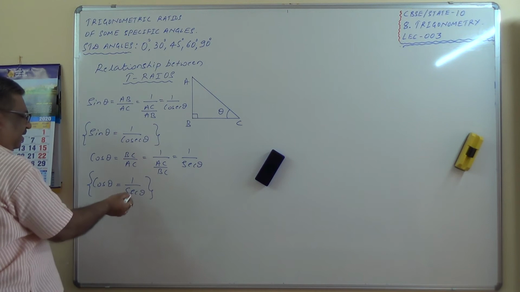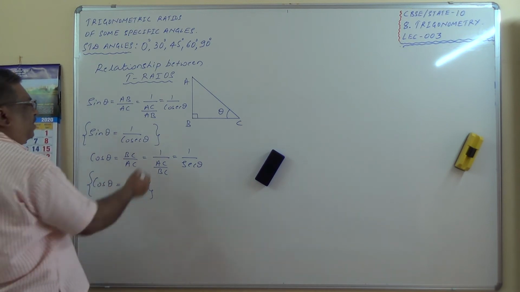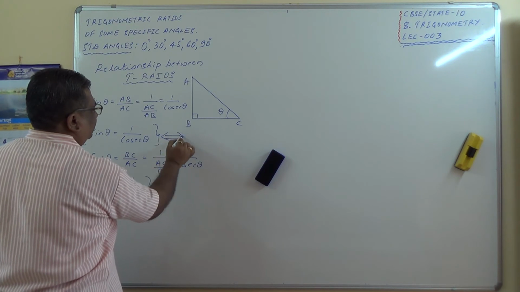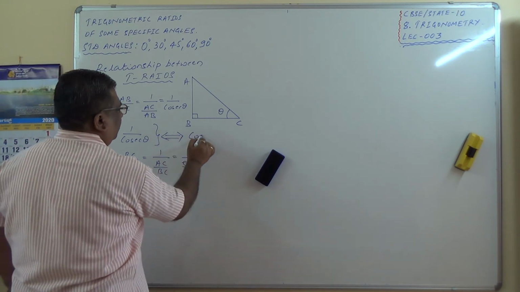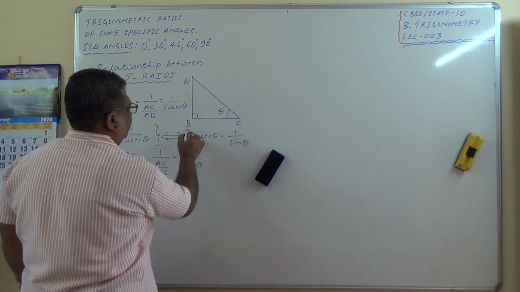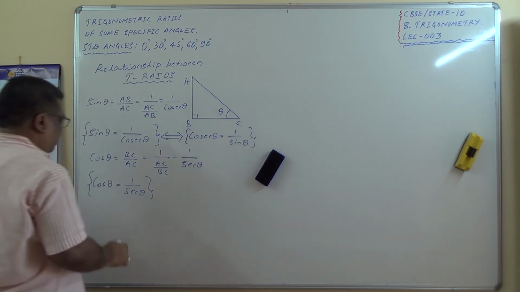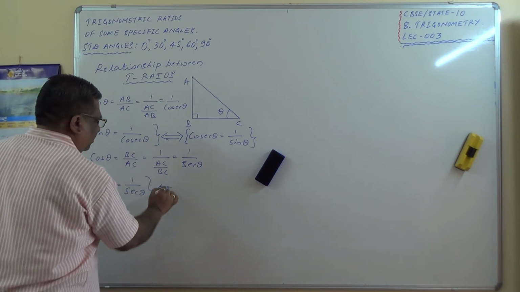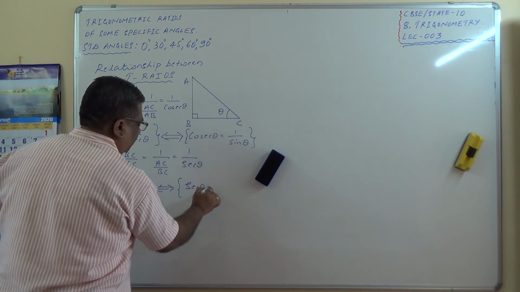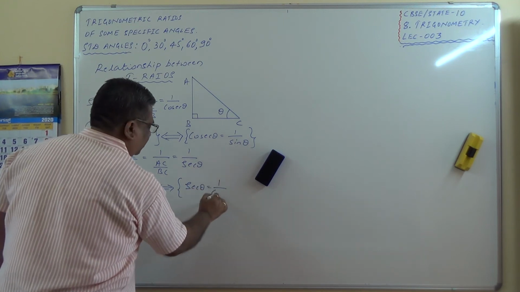This also can be written as secant theta is equal to 1 over cos theta. Both are the same only. Say for example, this is the same as cosec theta equals 1 over sin theta. Both are the same. Similarly, here this can be sec theta equals 1 over cos theta,